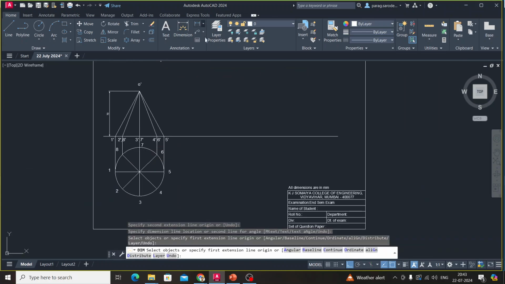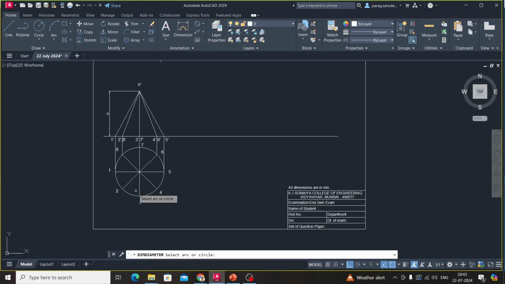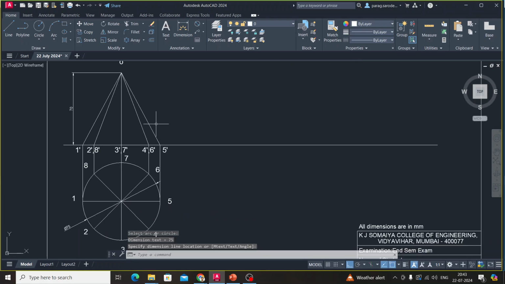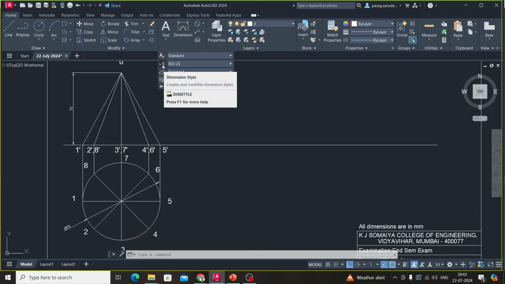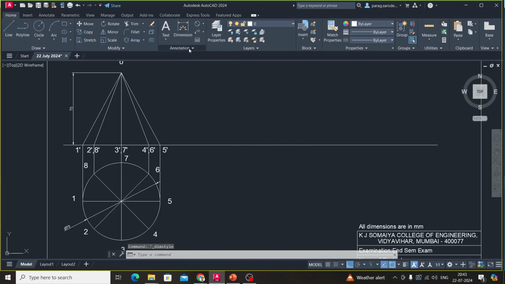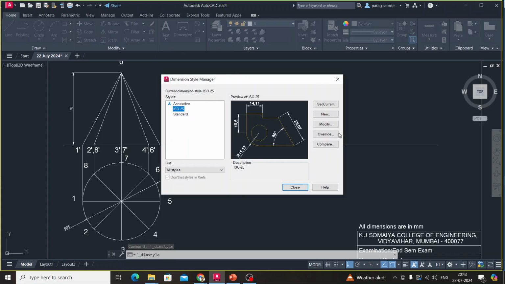Then we can show the dimensions of this also, which is, we can say 75 here. Okay. I will show you another command here to properly arrange this, which is called the dimension style manager, which is available from here, annotations, right? Modify,